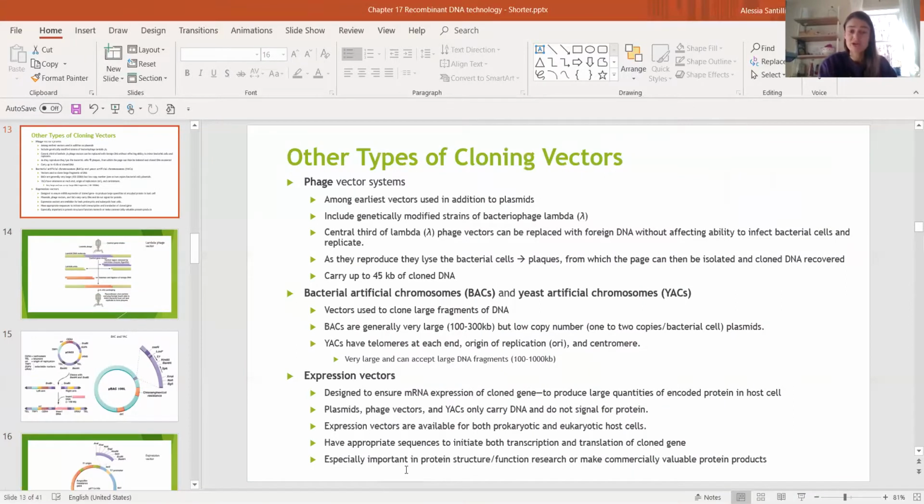Okay, so they're designed to ensure mRNA expression of the cloned gene to produce large quantities of the protein in the host cell. We can have plasmids, phage vectors, YACs, and BACs, and all sorts of different things can carry this gene that then gets expressed. We have expression vectors available for both prokaryotic and eukaryotic host cells. Here it has to be a little bit tricky because